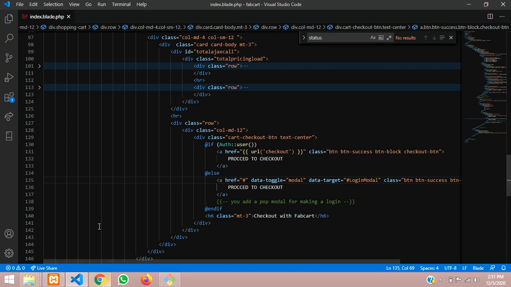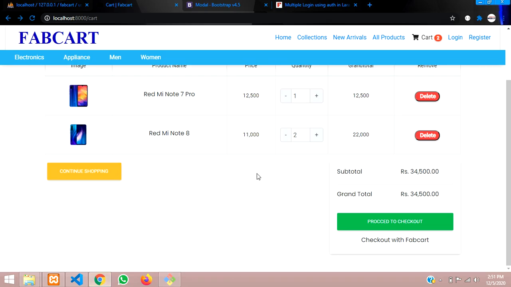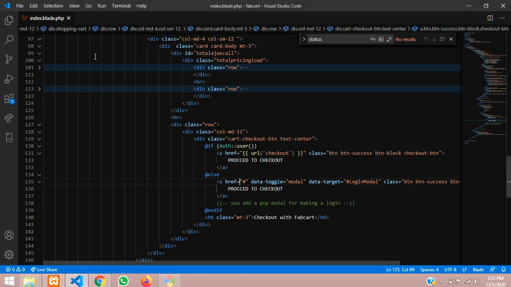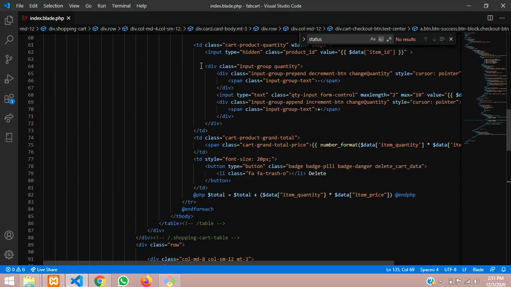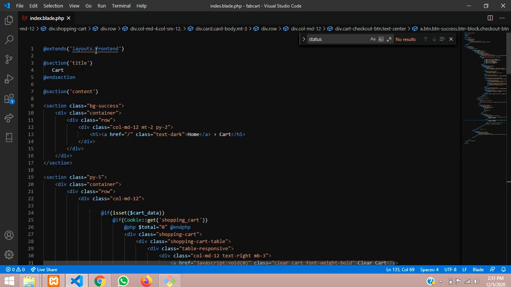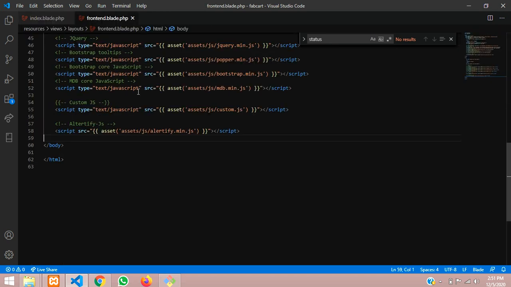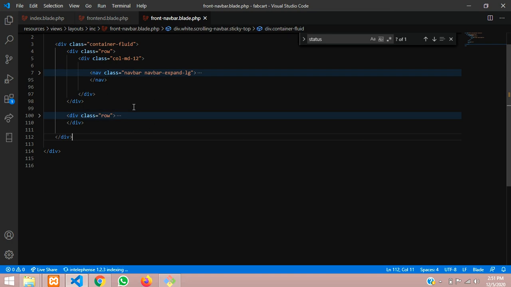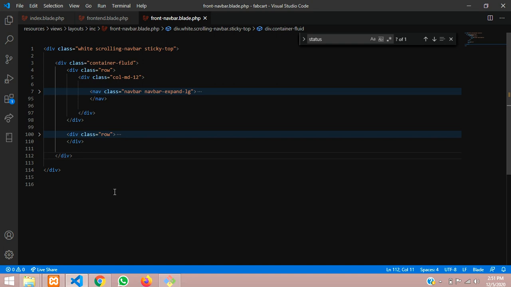We want to use this everywhere, so wherever you click on this button, a pop-up modal should come. Let's move to the navbar itself. Let's go to the top and move to the front end layout. Cool, we are at the layout now, and the front end navbar is over here. This is the navbar, and below this I will paste the form.